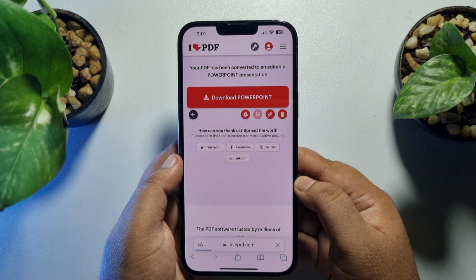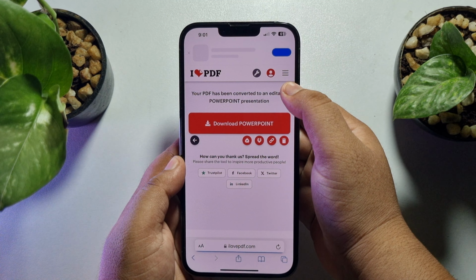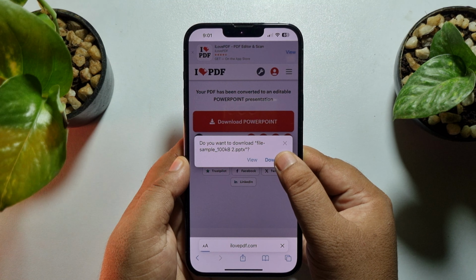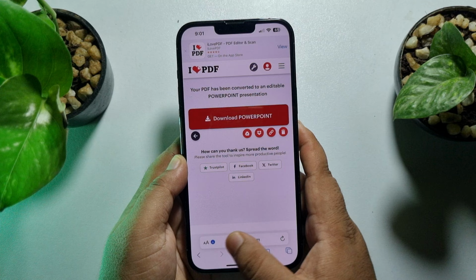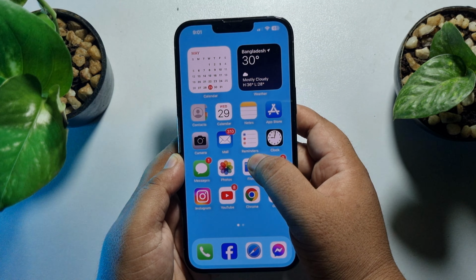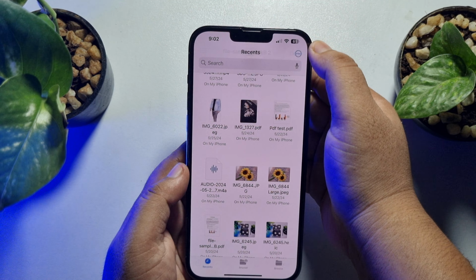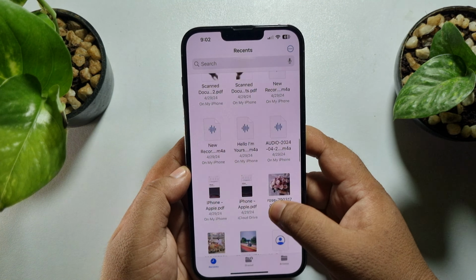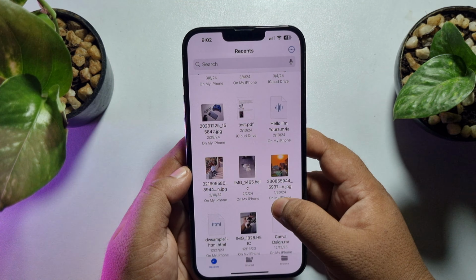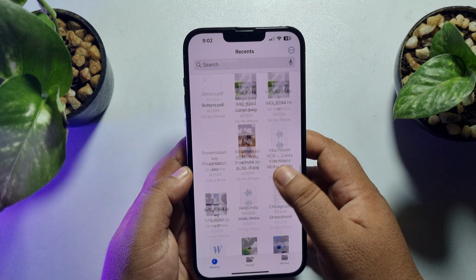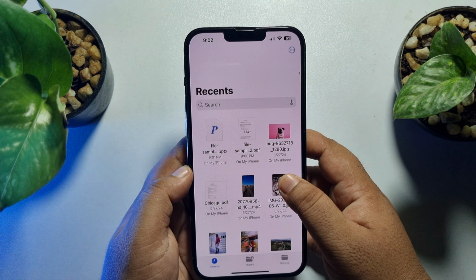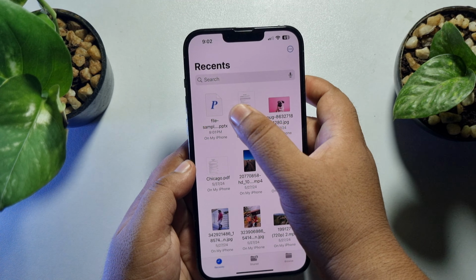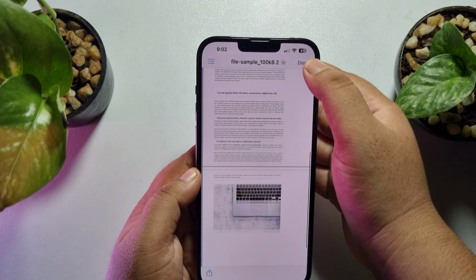Once successfully converted, just tap on download PowerPoint, tap on download. Once successfully downloaded, go to your Files app and go to your download folder. So here's the PPT file. I'm going to open this file